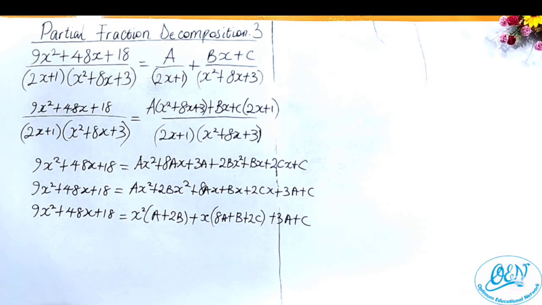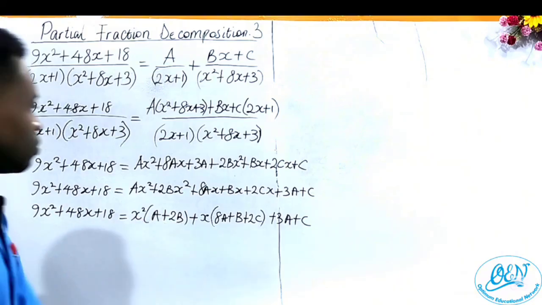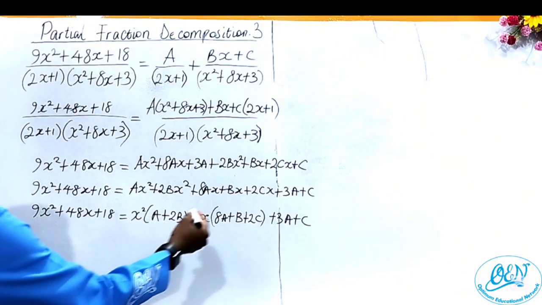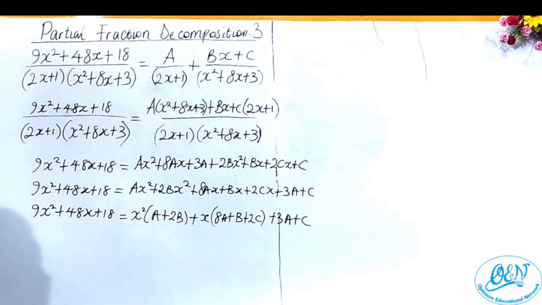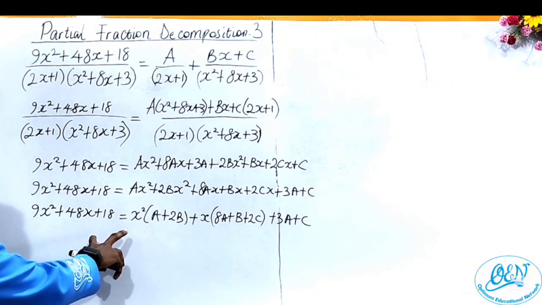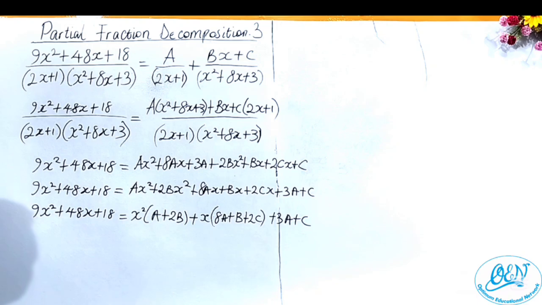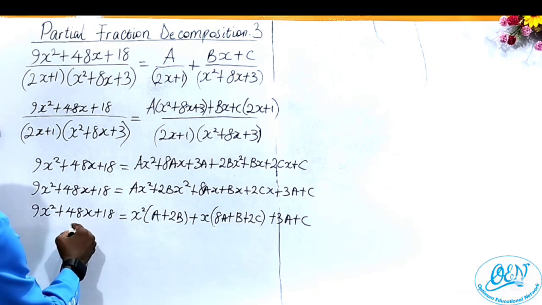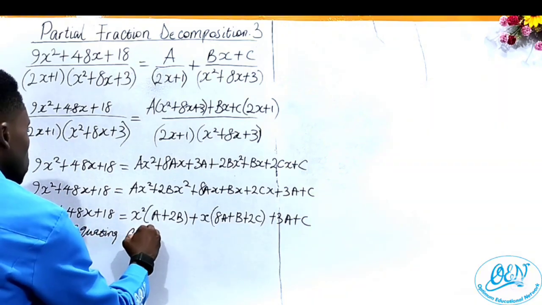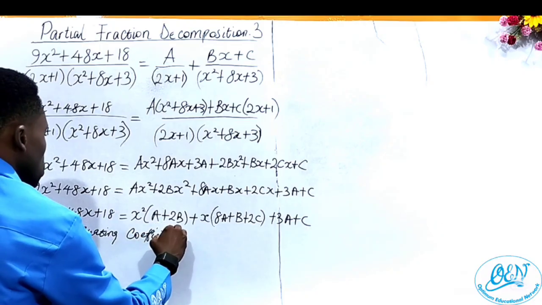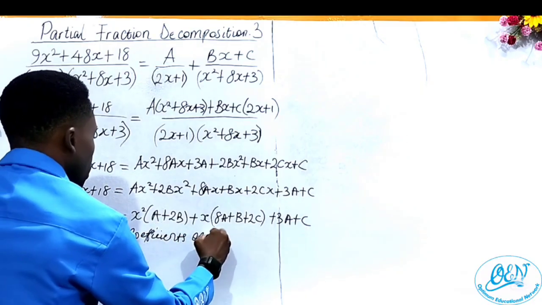Now to solve this kind of problem, we have variables x, a, b, c. I have like 4 variables and I'll have only one equation. So there's no way to solve this problem except if we equate the coefficients of powers of x on both sides. So, equating coefficients of powers of x,